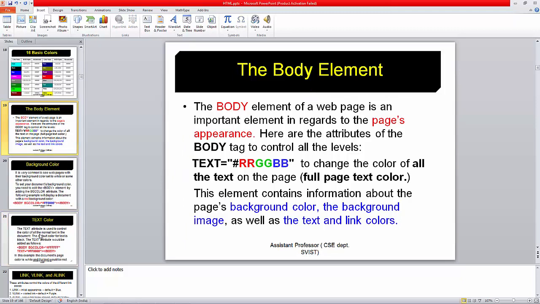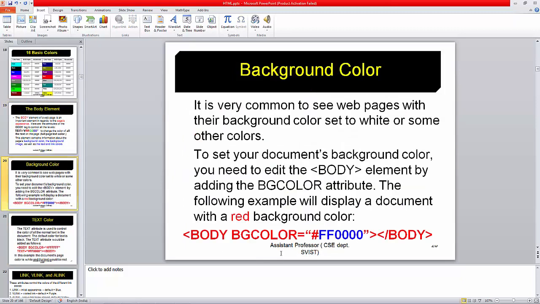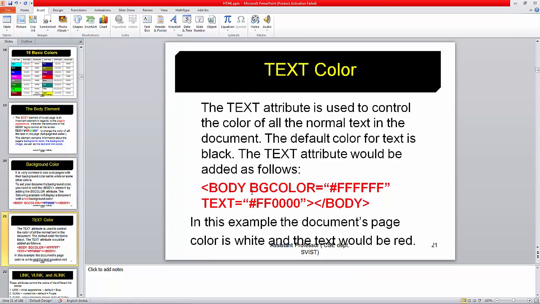Here one thing is written: body bgcolor is FFFF00, that means a hash code has been given, and FF means red in color. With a red background color, bgcolor is red. In total, we will see the bgcolor is FFFFFF, and the text color is FF0000. That means the text color is red and the body background color is white.